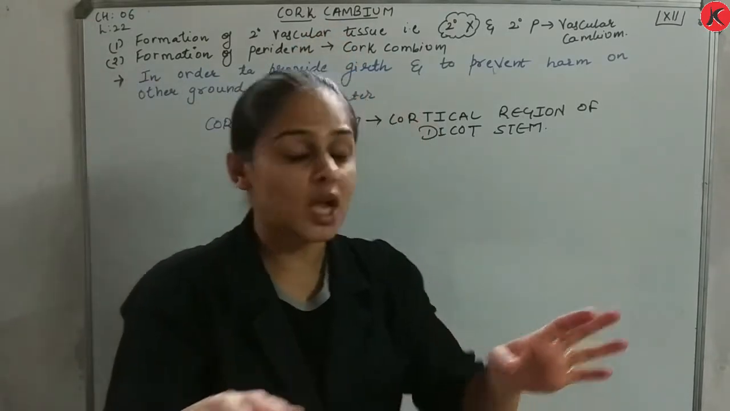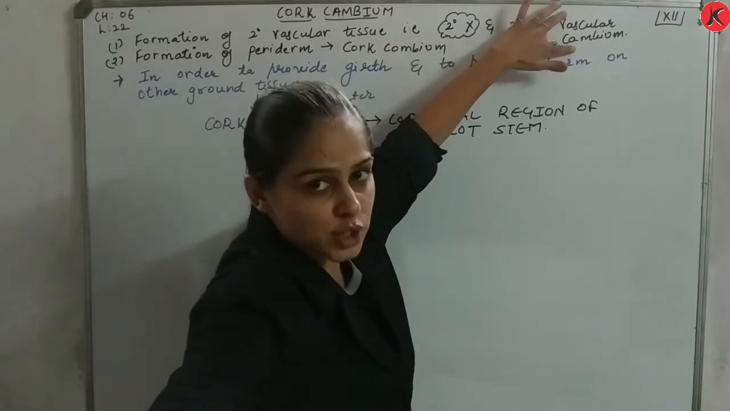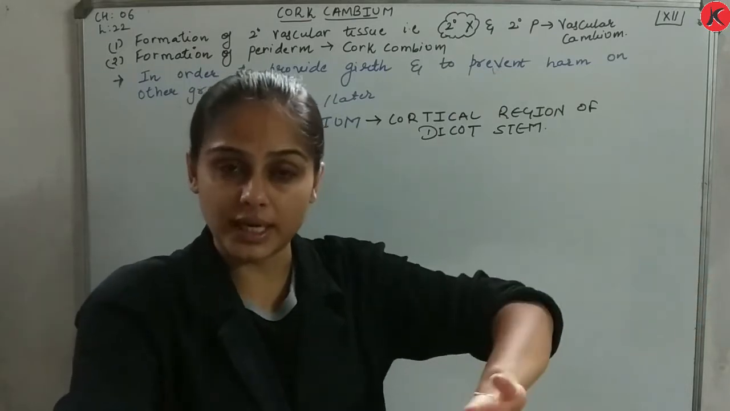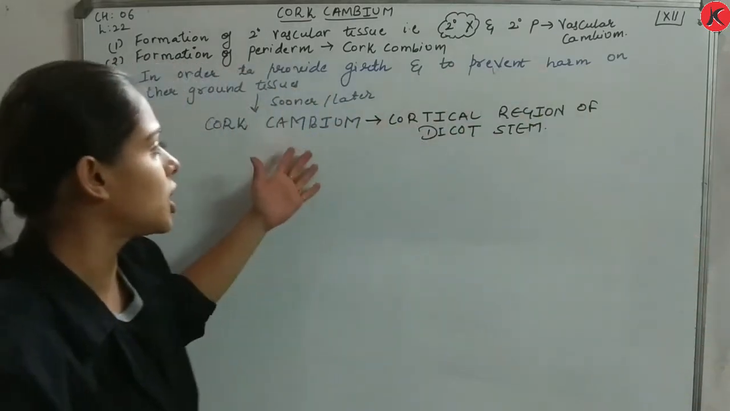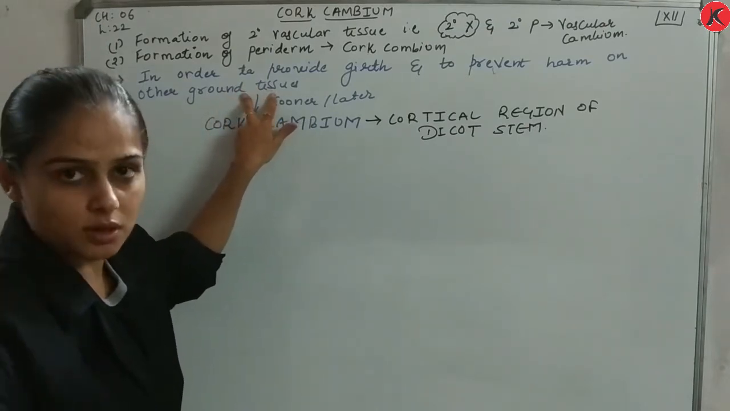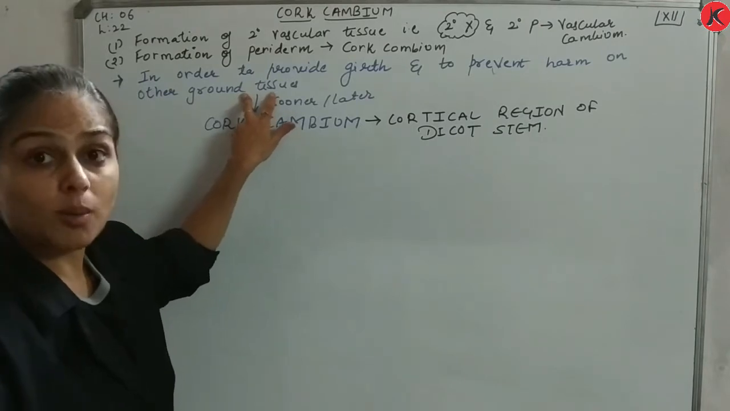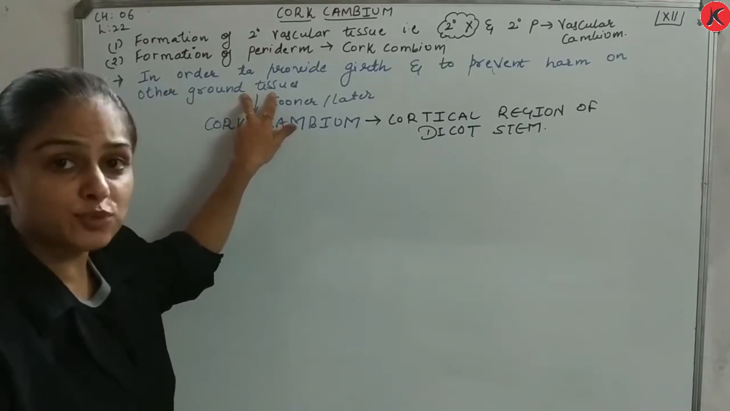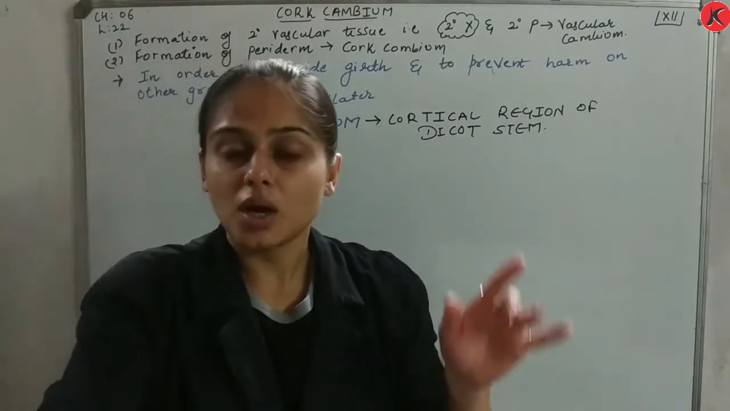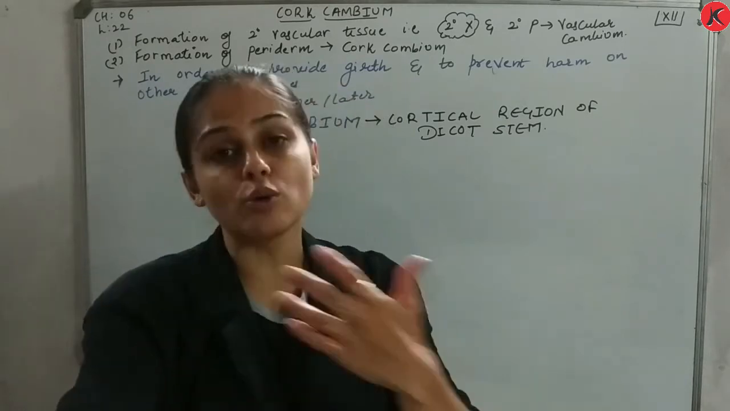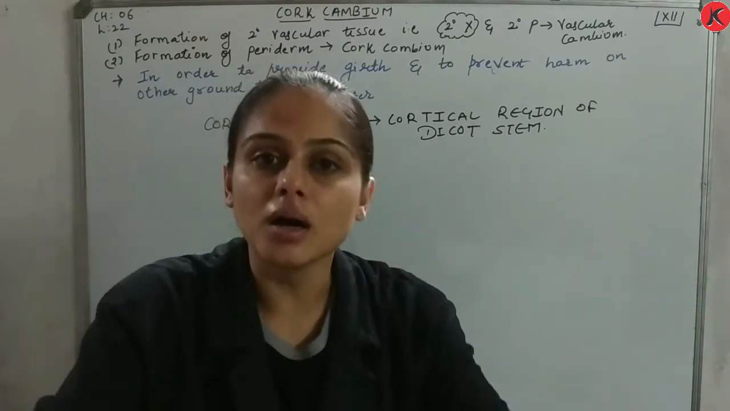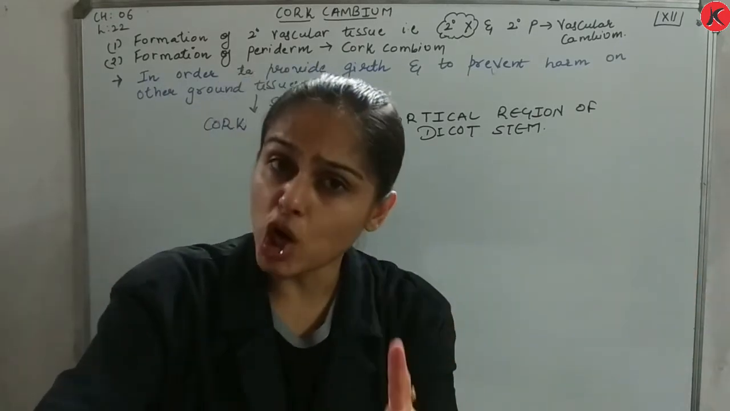मैंने आपको ये बोला, due to activity of vascular cambium, the layers which are outside that, matlab I am talking about your ground tissue system, that are your cortex, epidermis, of course, right? Then I am talking about your endodermis, right? These are going to rupture, these are going to break, right? So sooner or later, to prevent harm to these ground tissues and for increasing girth, there occurs development